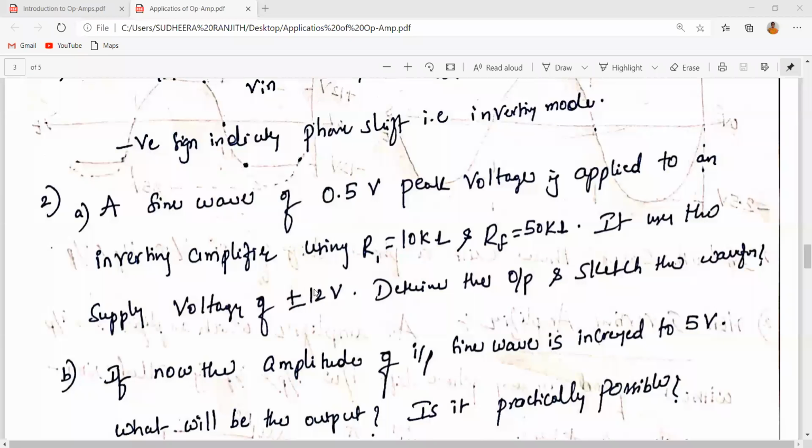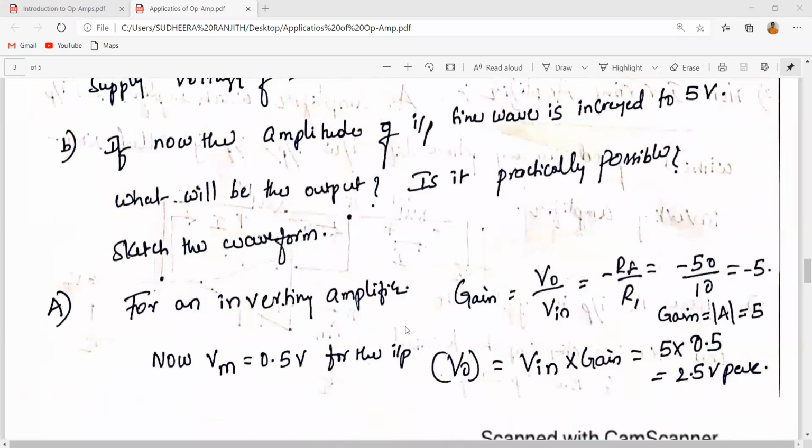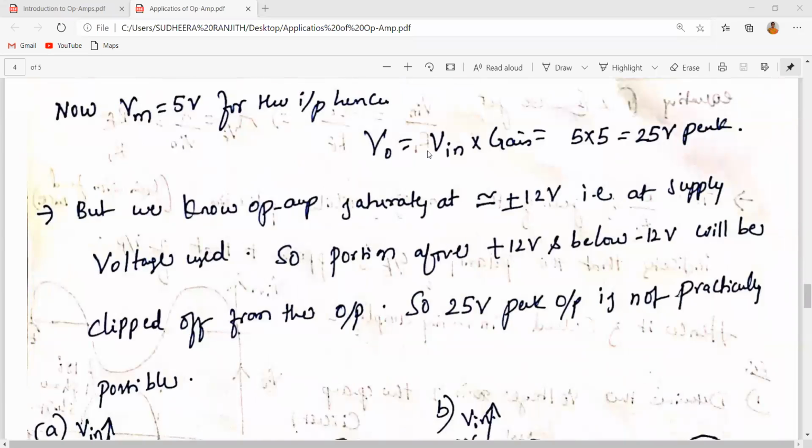ఇక్కడ యూజ్ చేసుకోవడానికి మనకి ఇక్కడ ఇచ్చాడు, రైట్? మనకి ఈ డేటా ఎంత ఇచ్చాడు? Supply voltage plus or minus 12 volts ఇచ్చాడు. So మనకి output అనేది ఈ ranges లోనే రావాలి. But here output మనకి ఎంత వచ్చింది, how much we calculated, 25 volts, not peak to peak here also. That means peak to peak 50 volts, right. But what is the maximum possible output, which saturates at plus or minus 12 volts approximately, because we are applying plus or minus 12 volts only.